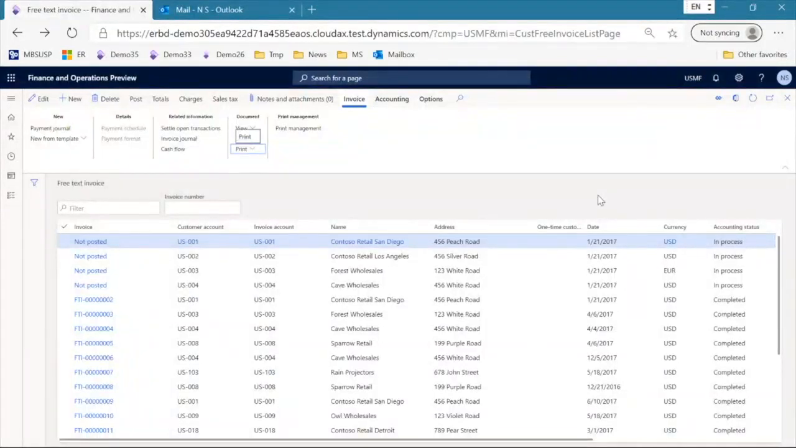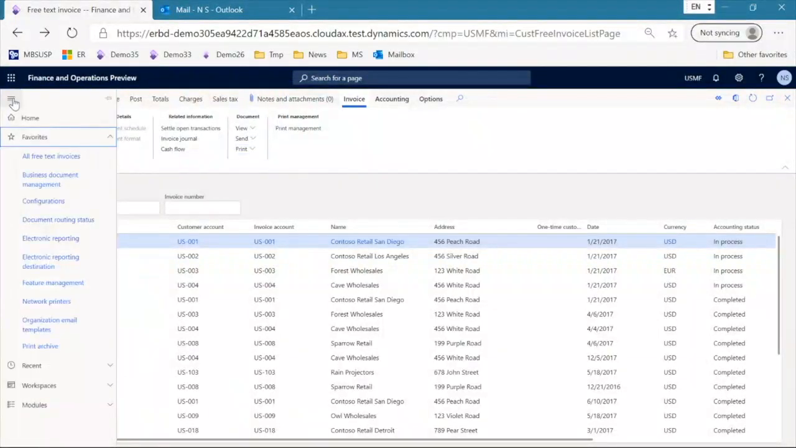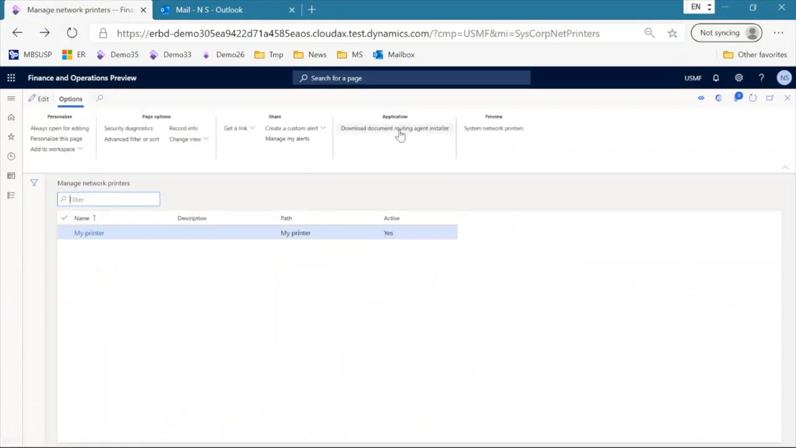The second feature I would like to show to you is the possibility to print out such documents directly from the electronic reporting at the time when you generated this document. This printing is based on the PDF conversion, and to start doing this, you need to prepare your finance application for supporting direct printing. You need to download the document routing agent